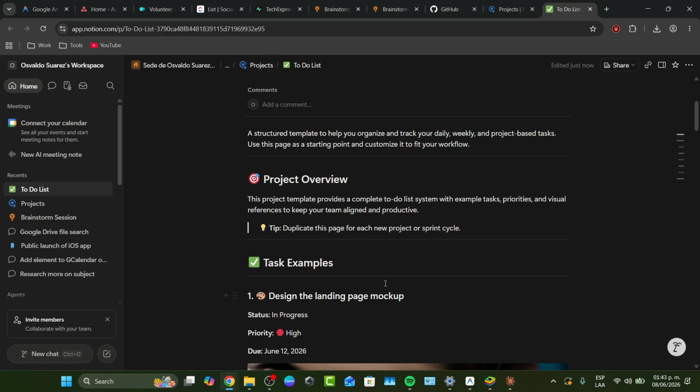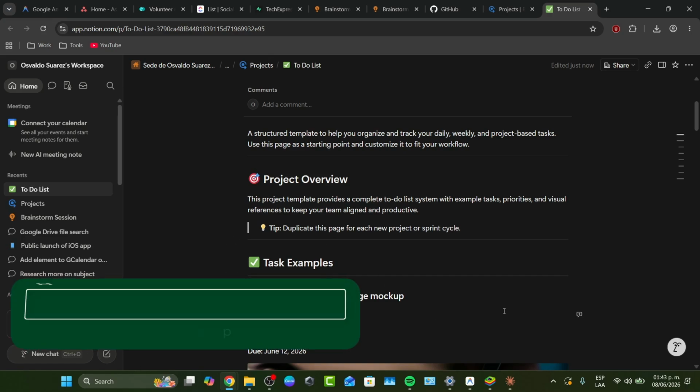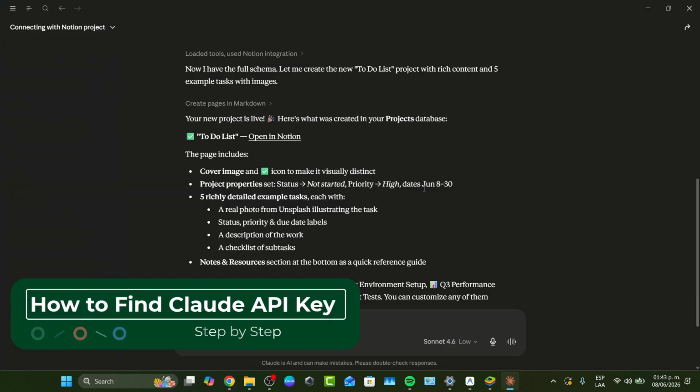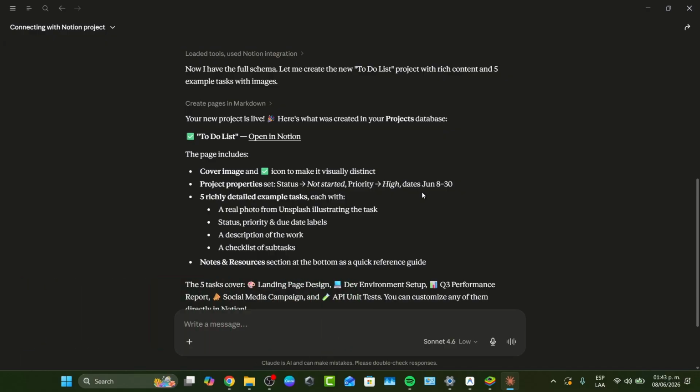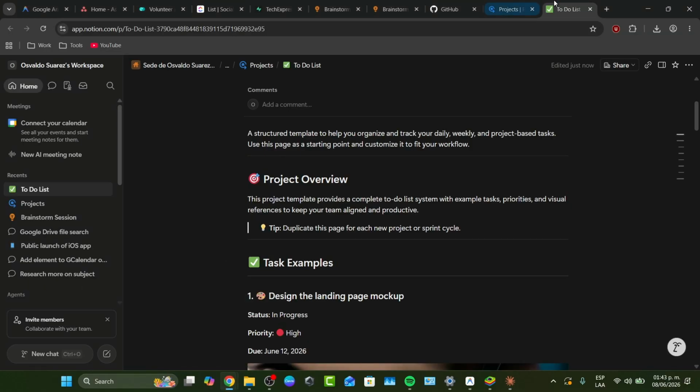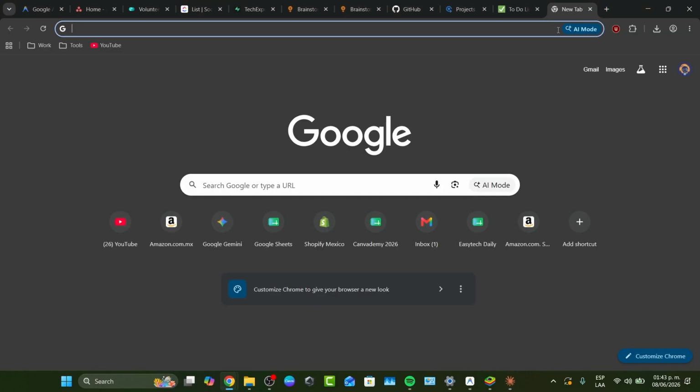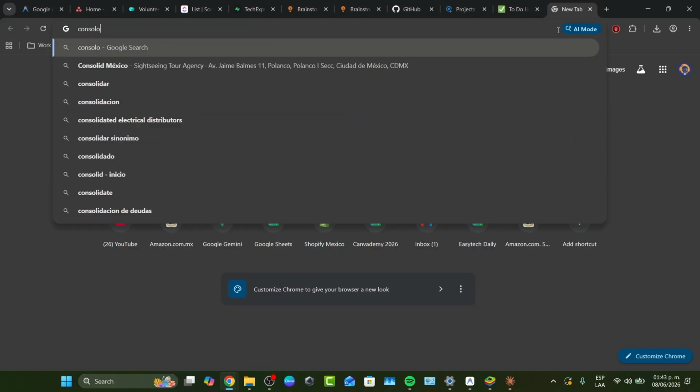If you're trying to find out which is your Claude API key, the process actually is not that hard. The first thing to do is to navigate directly into the actual console. Now, do not go to the regular Claude chat window. Instead, you want to open the browser to make this process much faster. I'm going to open a new tab, and directly inside here, I'm going to go straight to the console